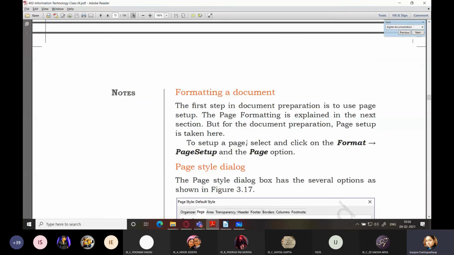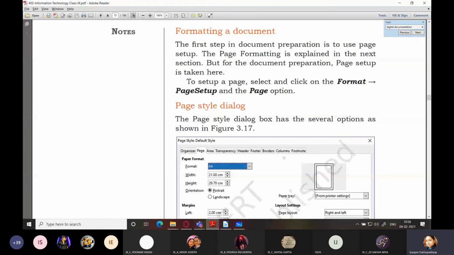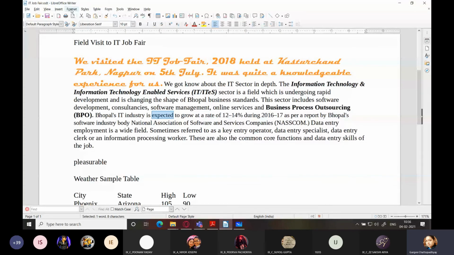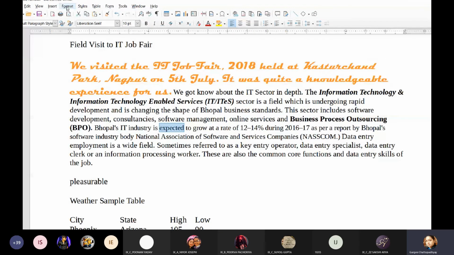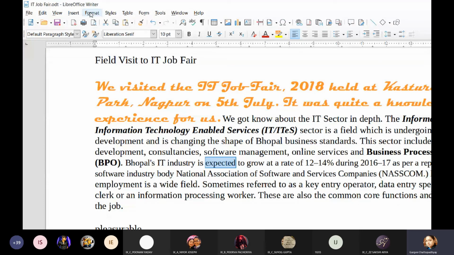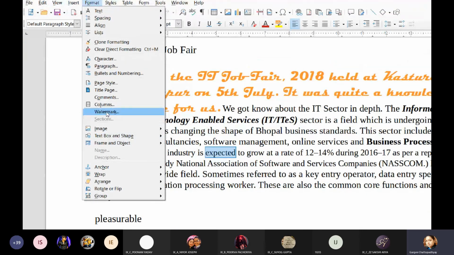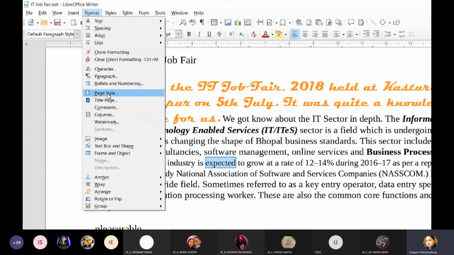Next is formatting a document. How to format a page. So we'll go back to our document. For this, we go to the format menu, and from here you will get some options like page style, paragraph, text.